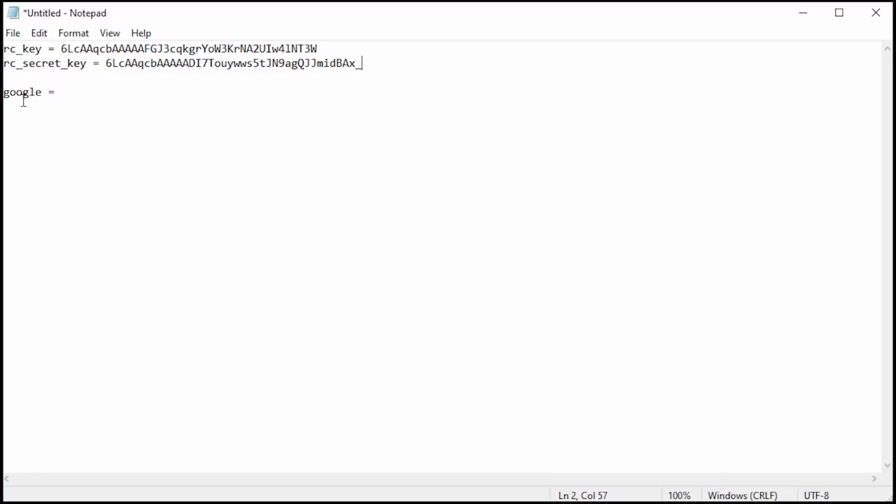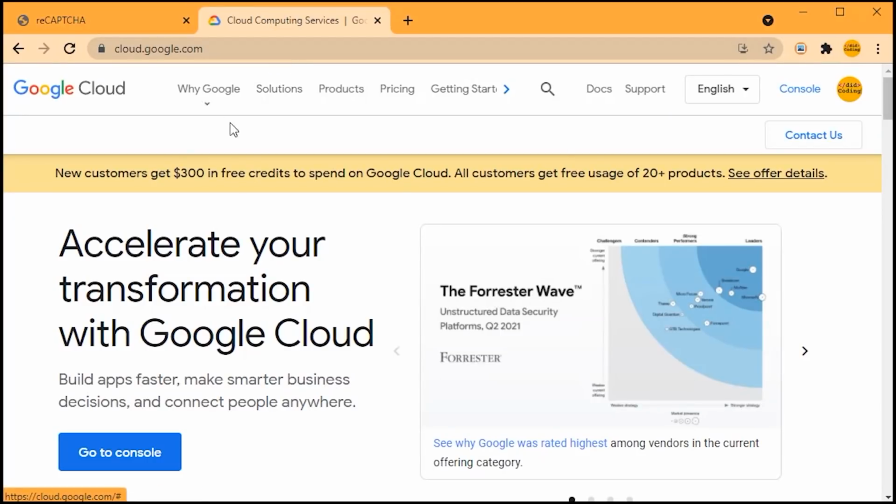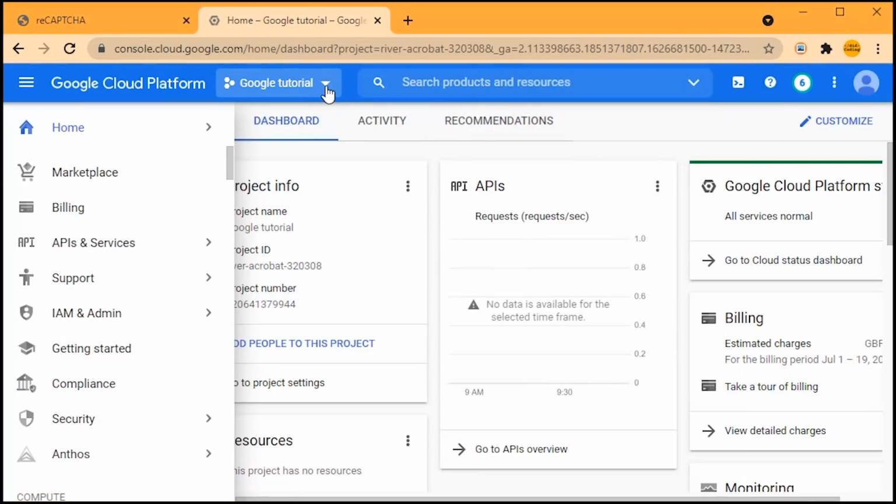So we'll continue now, and we will set up the Google API key that will allow us to work with places, directions, distance matrix, geocoding, and maps JavaScript. What you need to do is visit the website cloud.google.com, and this is the website. You will need a Google account. You can see I've got my icon there, my logo. I'm set up as dig coding. When set up on Google, you need to click on console, and it will take you to your console home, and then you need to set up a new